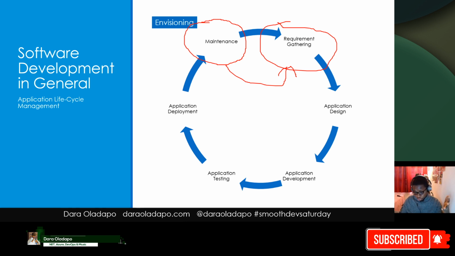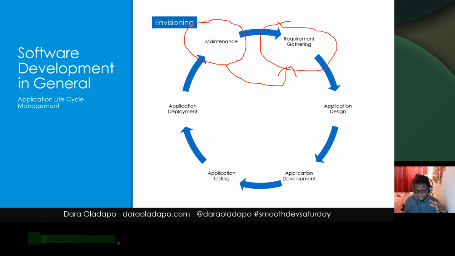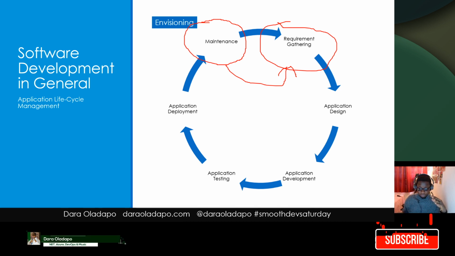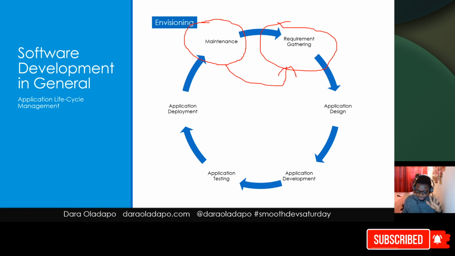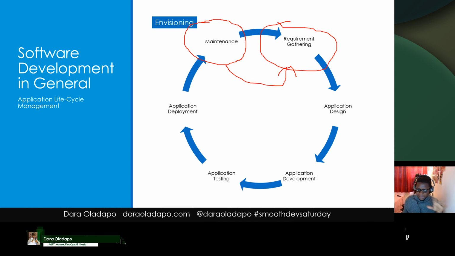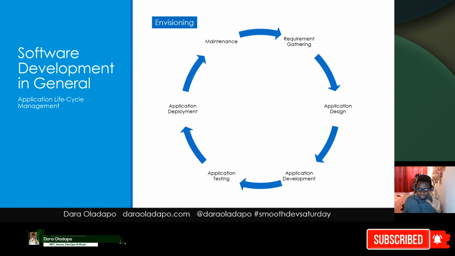Maybe it just happens once in your case, no problem. Maybe it happens iteratively, maybe every week, every 2 weeks, every 2 months, no problem at all. It all depends on you and the application you're writing. Now, you'll see everything I've explained here, I didn't mention that you're supposed to write this in one language or particular order. It just means these are the basic things that you need to know when managing the lifecycle of an application.